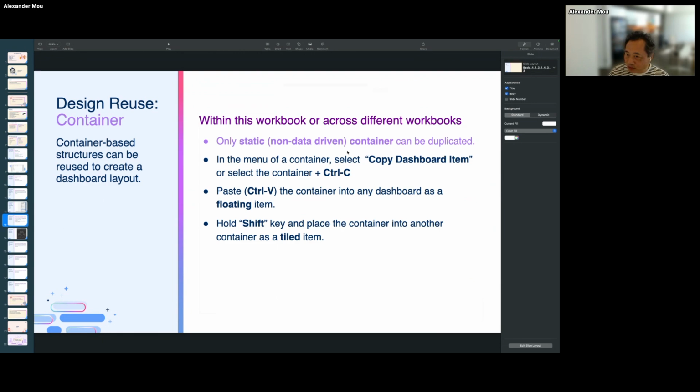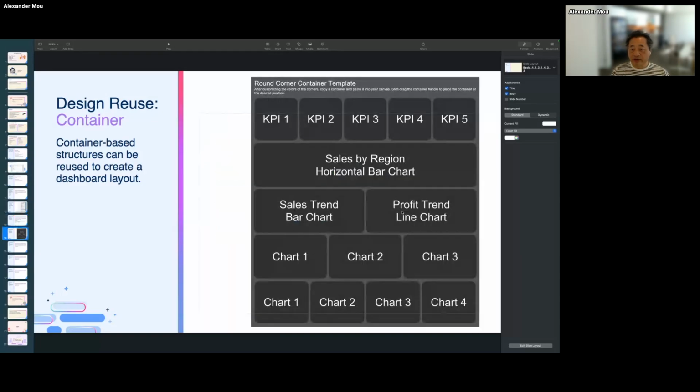Why do we want to do that? Here's an example. This is actually my way to sketch a dashboard. This is just a template I use, and this is how I start designing.